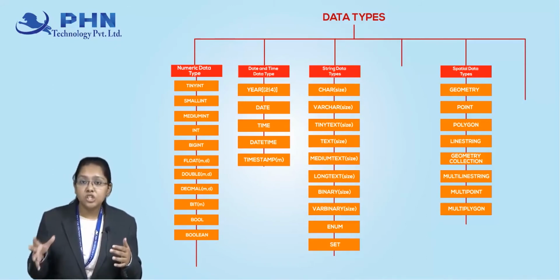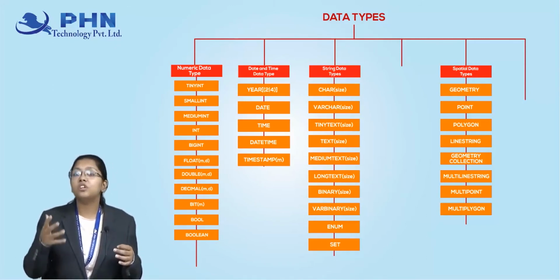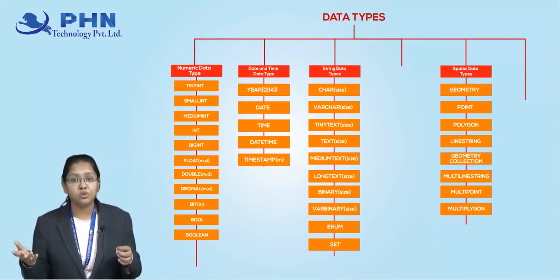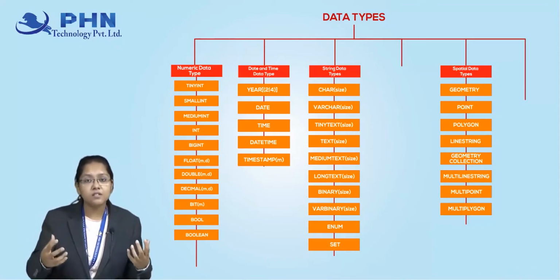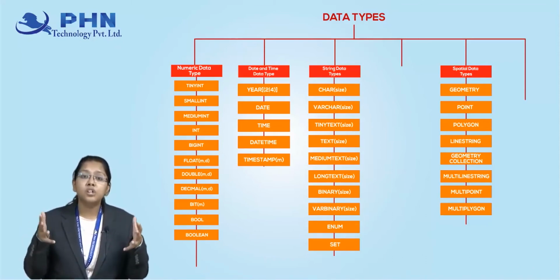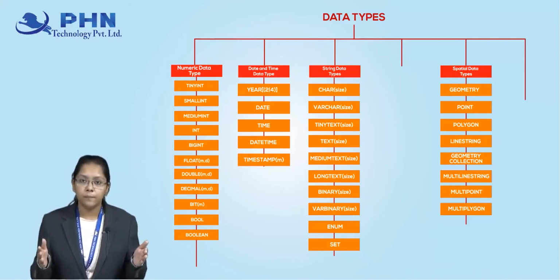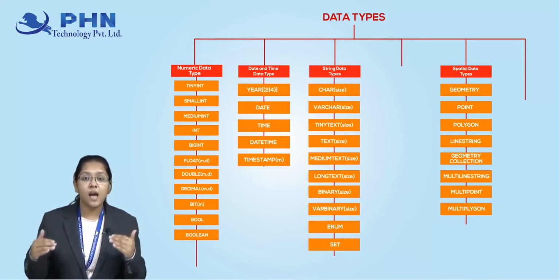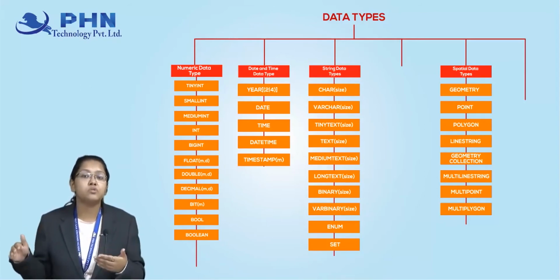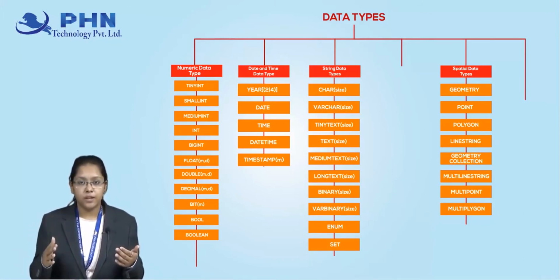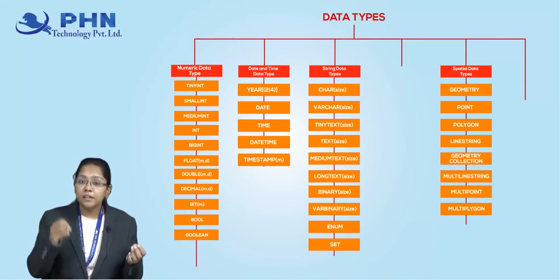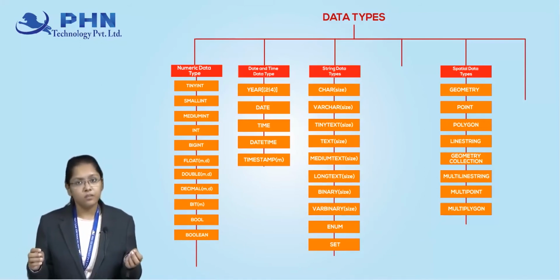See, with these spatial data types, you will be able to store geographical or geolocation values. Sometimes in some databases there is a requirement in which you need to store the location of that person, at which location this happened. So a particular live location you need to store over there. At that time these spatial data types will be used. And in these spatial data types, basically we use OpenGIS classes, right?